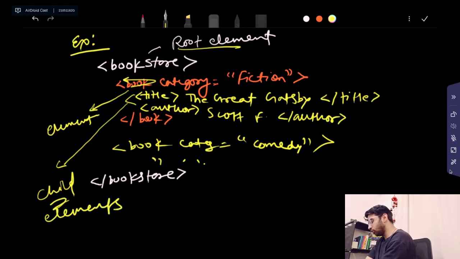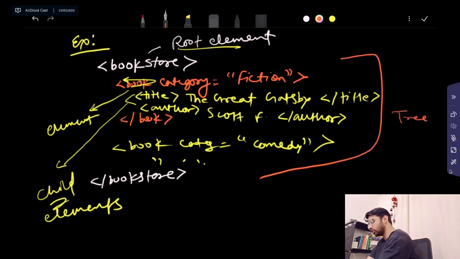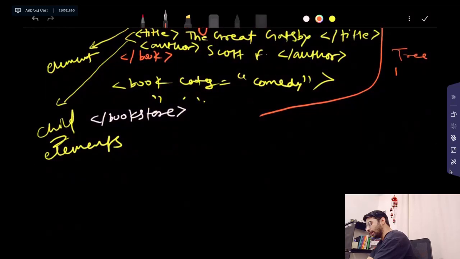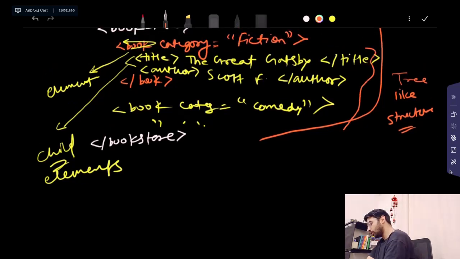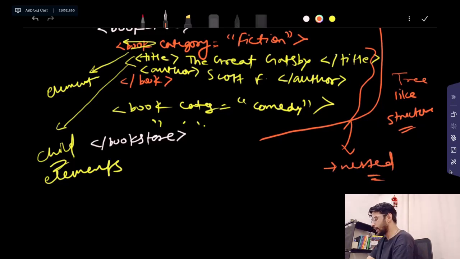Basically whatever you see here is a tree-based structure, a tree-like structure, when you talk about RAIL. It has some additional objects that we'll define soon. They can be nested as well, so it's a nested tree-like structure.